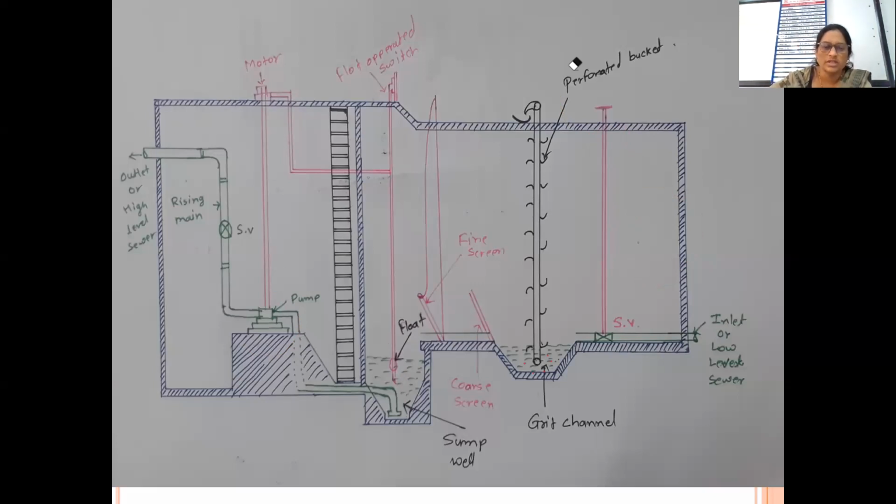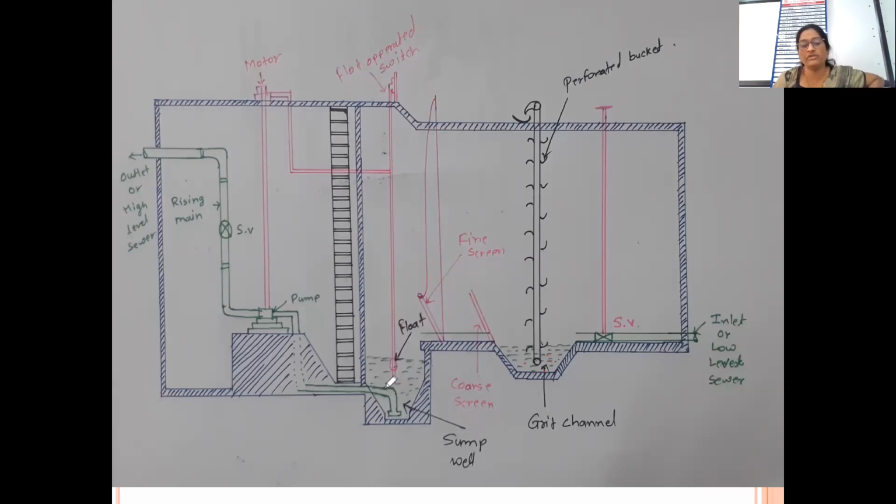So here you can see this is a sump well. Okay, depth of the sump well is greater than the grit channel, where a huge amount of sewage can be stored. It is a well-like structure. So here one wall is provided, a permanent wall. Okay, this one is the wall. Why is it provided? The wall is provided to separate this chamber from this chamber. Otherwise, what are the other issues, I will tell you later on.